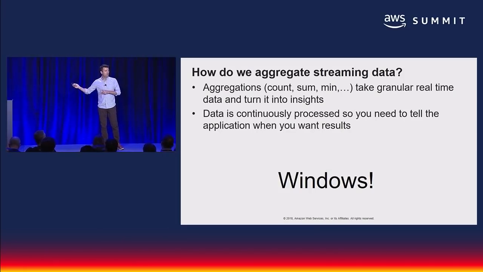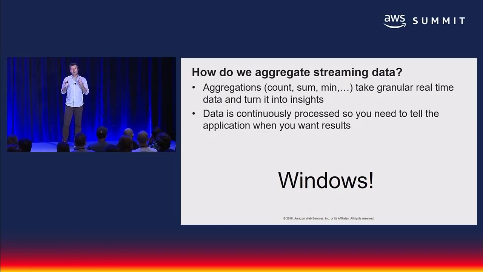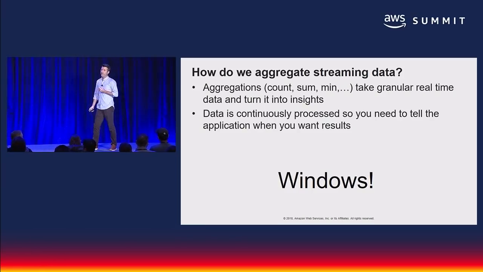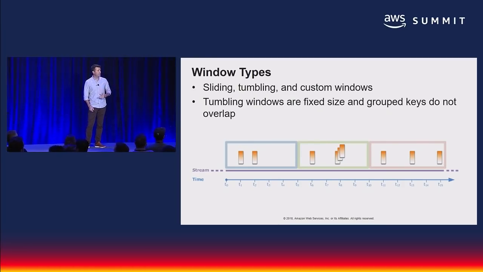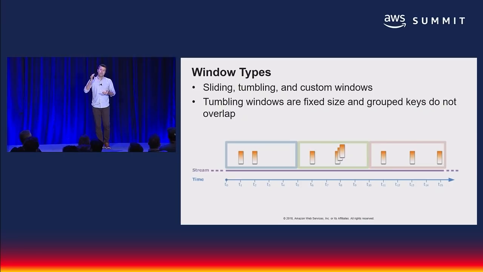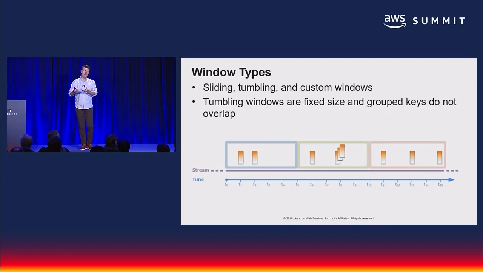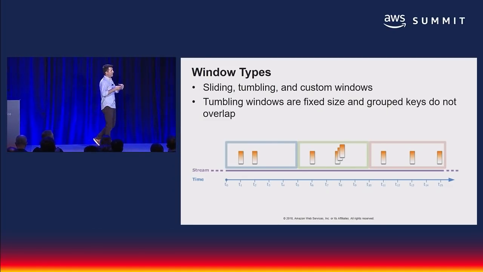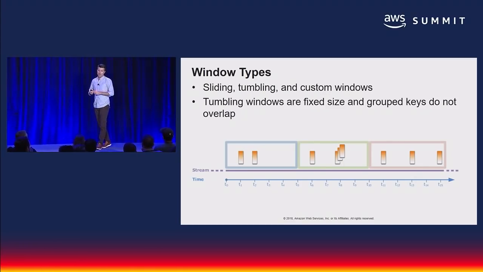You can use Windows if you want, Microsoft Windows, but it's not Windows. There are actually multiple types, but the two primary types of windows that you would use in a streaming data application are sliding and tumbling. A tumbling window is basically where the aggregate will be calculated at the end of that window period. Imagine I said I wanted to have a 10-minute window. Every 10 minutes, the aggregation is run, and there's an output. So if I want to count how many times an event has occurred over this 10-minute window, the Kinesis Analytics application will look at the events, run its count aggregation,